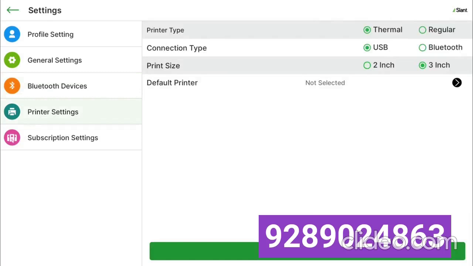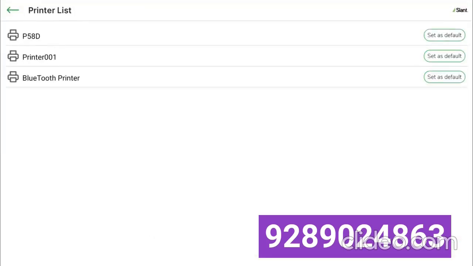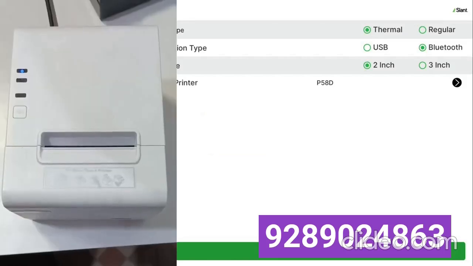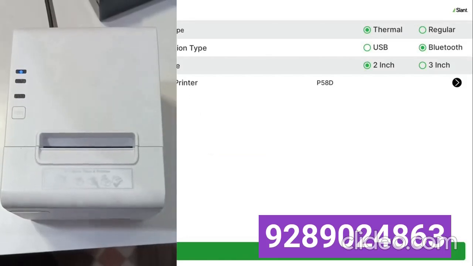If you want to setting in printer, click on Printer Setting. In this screen, you can choose printer type and change connection type USB to Bluetooth. Select Default Printer and choose one of the printer in this list. Let's check if printer is connected by clicking on Print Test button. The print